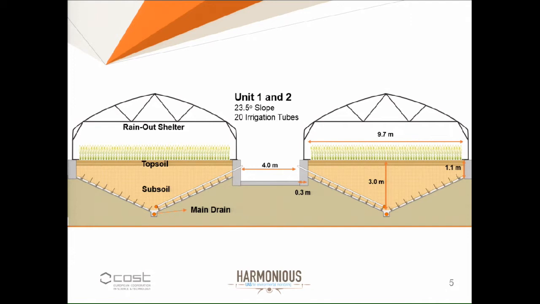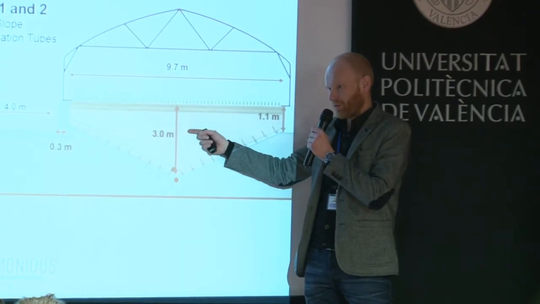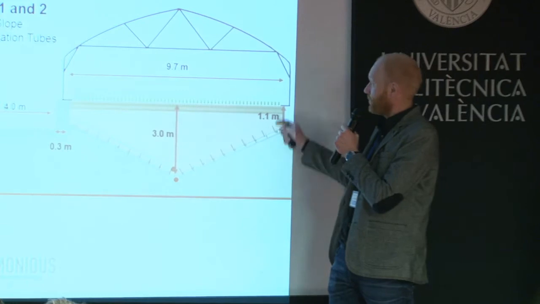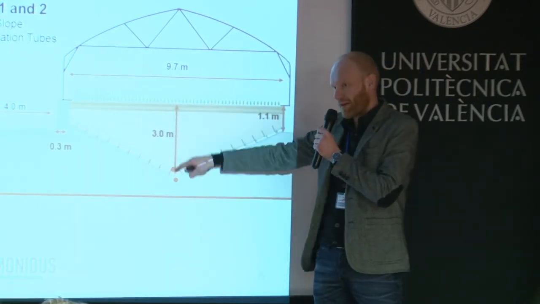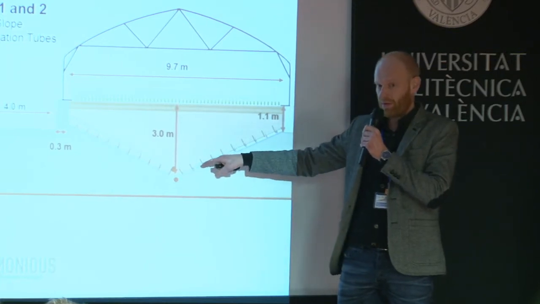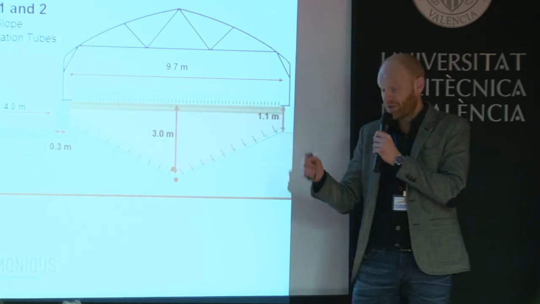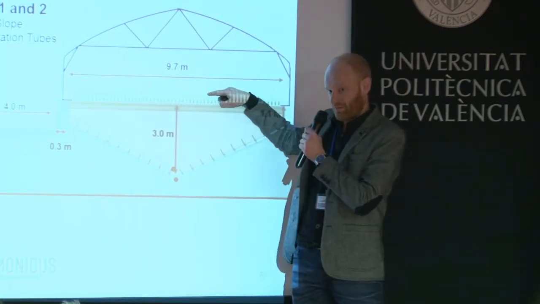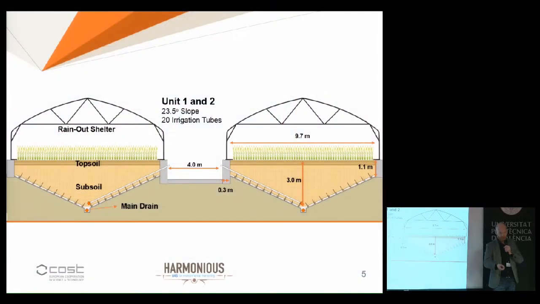The idea is that we stop precipitation with these rainout shelters. The plants utilize all the water that is available in the soil. And in the end, where there's no more water available, it will only be the genotypes that have roots deep enough, 3 meters, to go down here that will take up water. The other ones will become drought stressed. So we expect, and we do see, that plants that have shallow roots start to wilt up here. And plants that have deep roots can continue down,